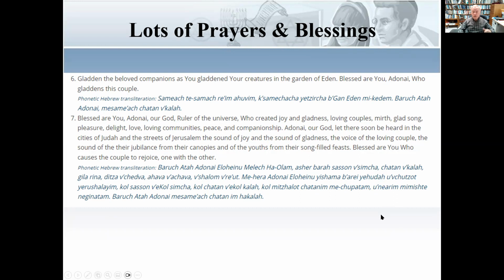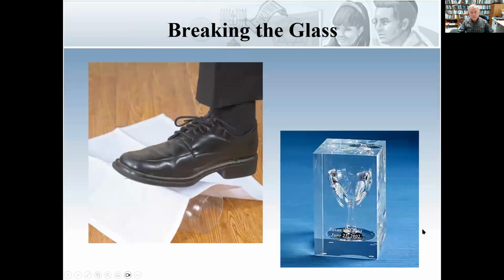My approach to this is I chant them in Hebrew, I chant them in English, and then the entire community responds by saying Amen. The word Amen comes from the Hebrew word emunah, which means faith. By saying Amen at the end of the blessing, you add your faith to that of the blessing.